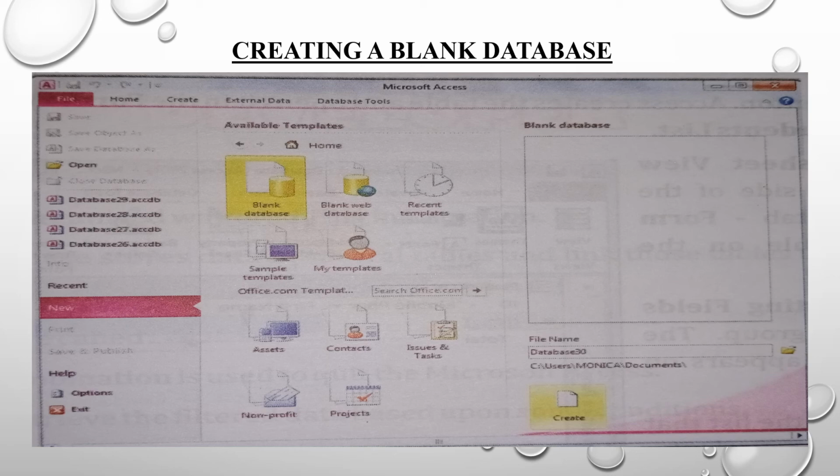Click on the Create button. A new database will be created along with an empty table named Table1 displayed on the title bar. A new Table Tools tab will be visible on the ribbon.